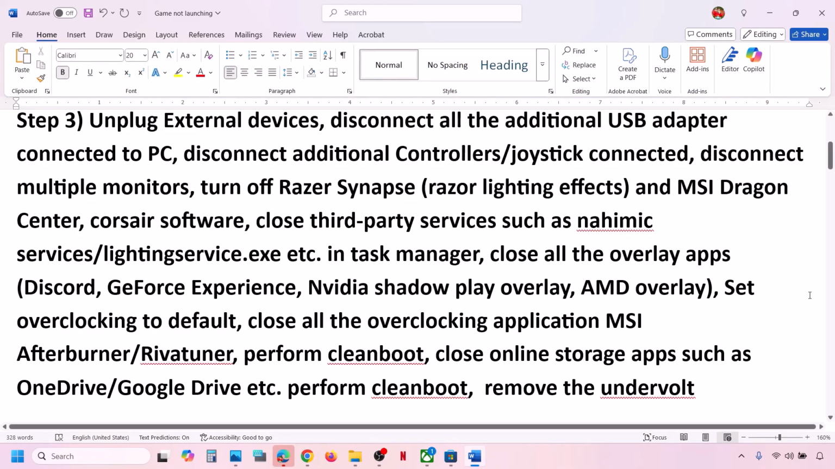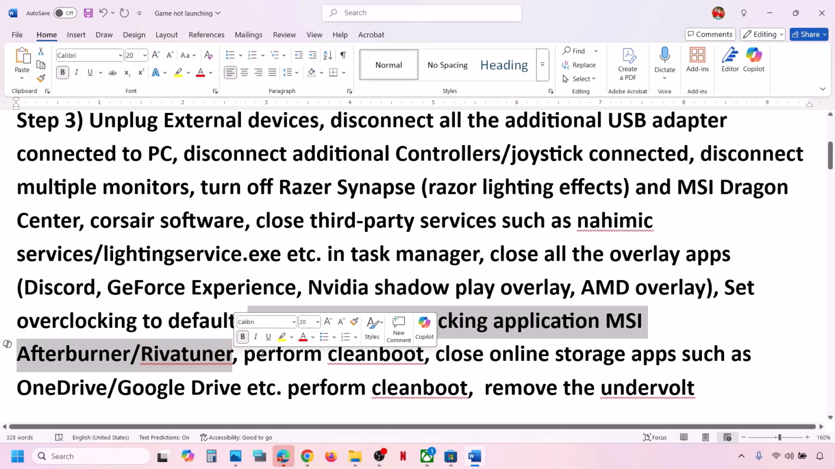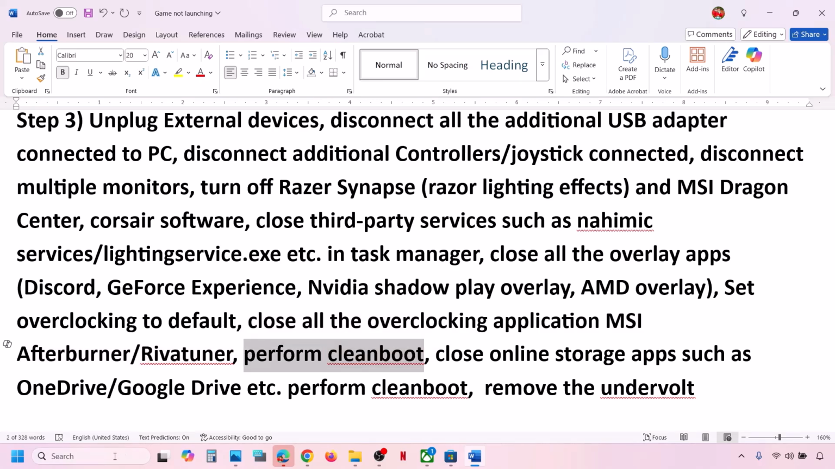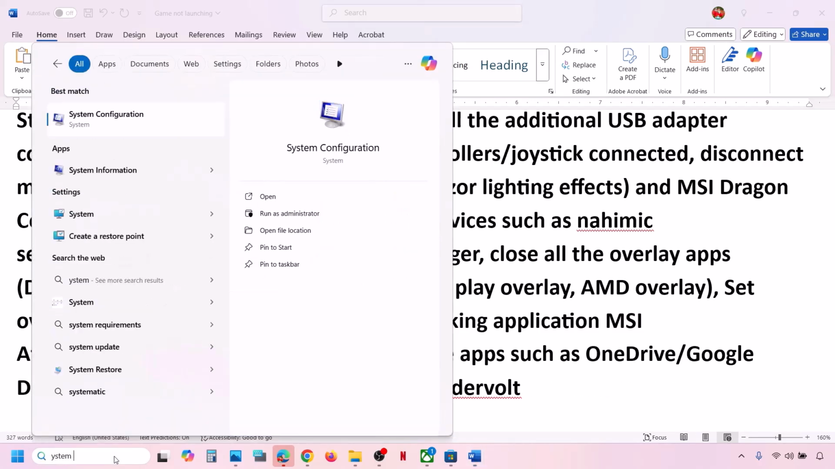So first of all, you have to turn off the overclocking. You have to set it to default and then you can close all the overclocking applications and then check. Perform clean boot. Now for this, you can type in system configuration in Windows search box